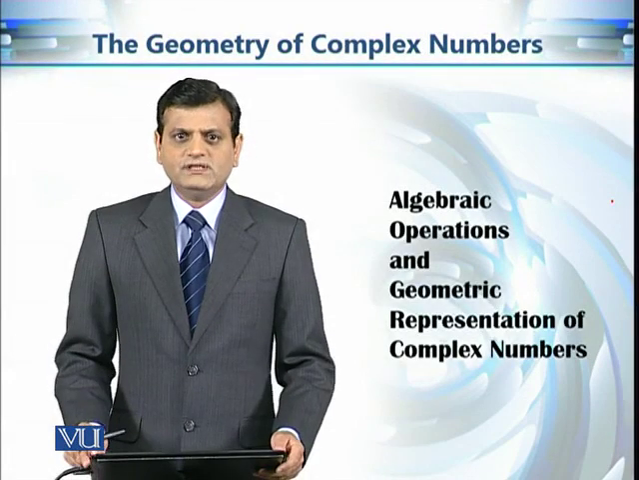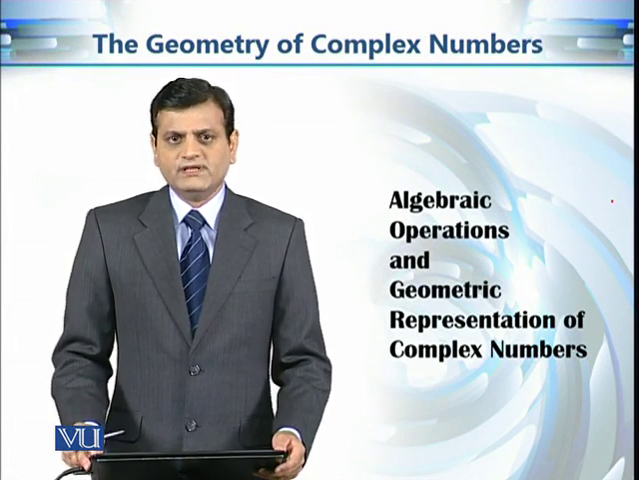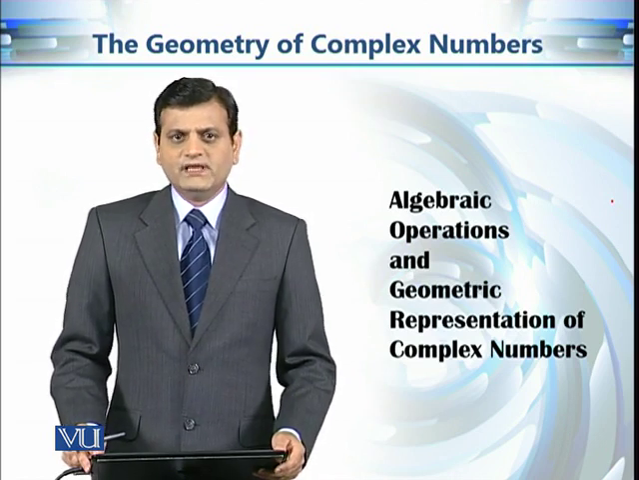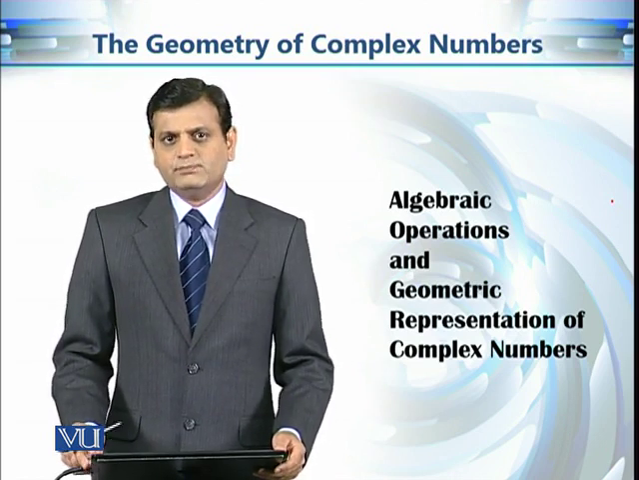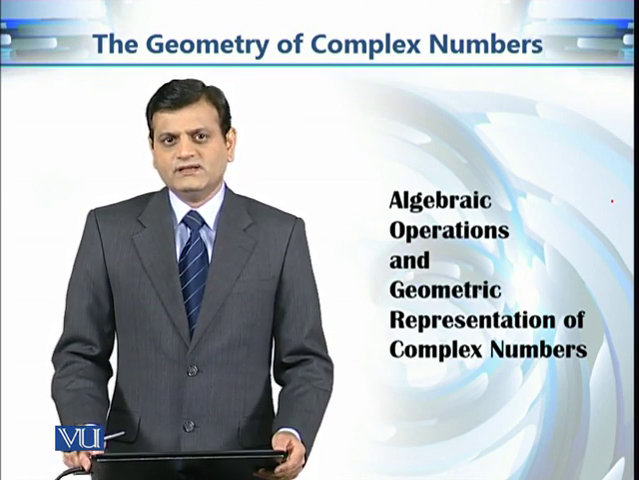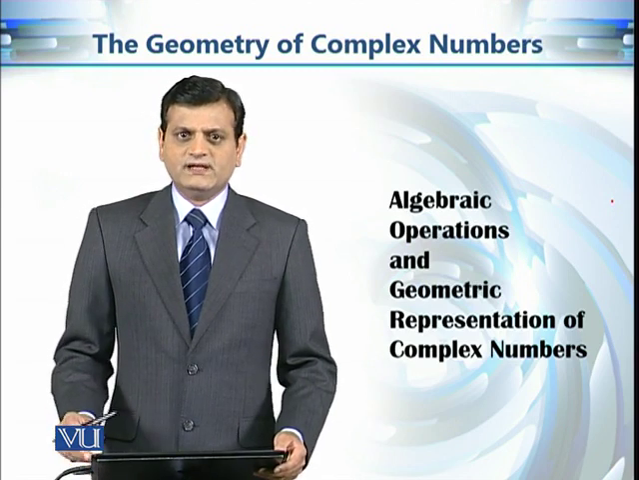So far, we have seen different algebraic operations on complex numbers, for example, addition, multiplication, etc. Now we also know that a complex number can be represented by a point in the complex plane. So in other words, when we say that we are adding two complex numbers, it means that we are adding